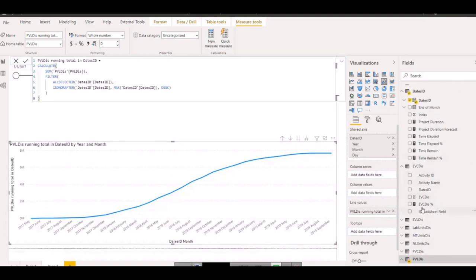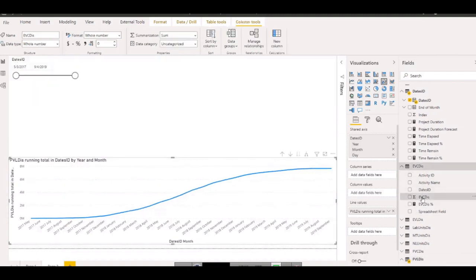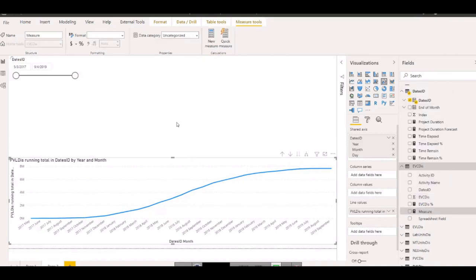So we will make the S curve for earned value cost distribution. And how we will make that? I will go into this part and I will say new measure, okay, and the formula will be earned value cost distribution cumulative. You need to be very choosy in a few things, that whatever the context you are writing here, it should be similar everywhere, so that you will understand. If you are writing cumulative later, it should be later. If you are writing cumulative in the start, it should be in the start. So let's say we are writing cumulative in the later part. So earned value cost distribution cumulative,